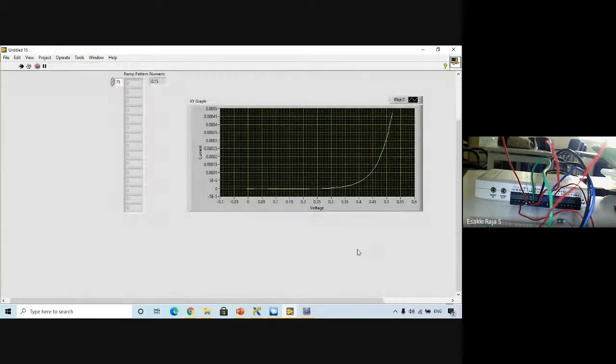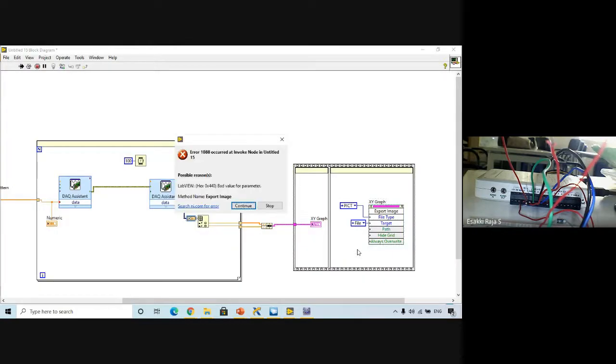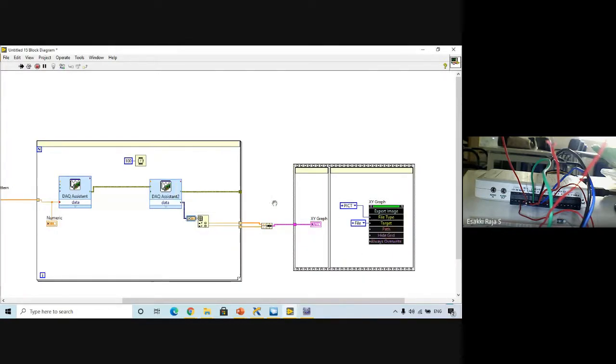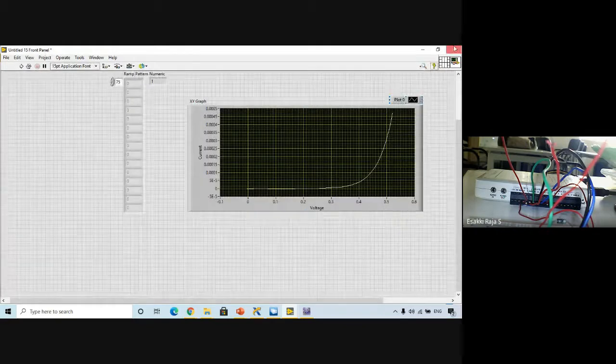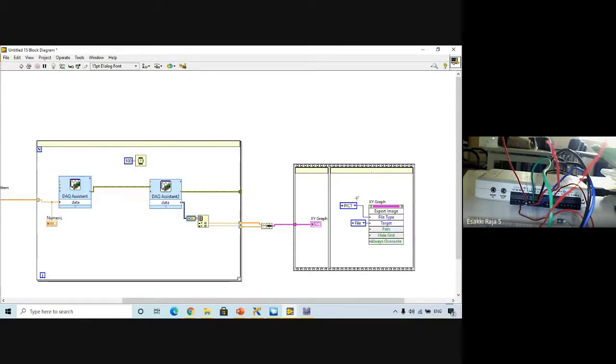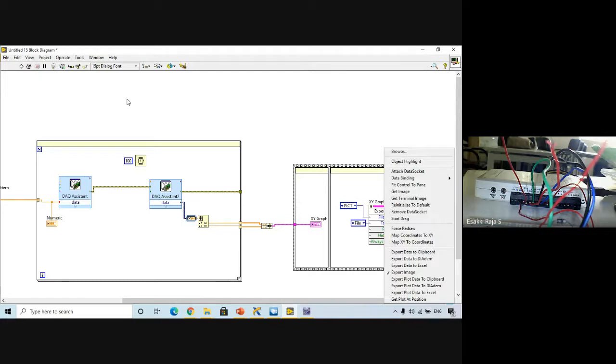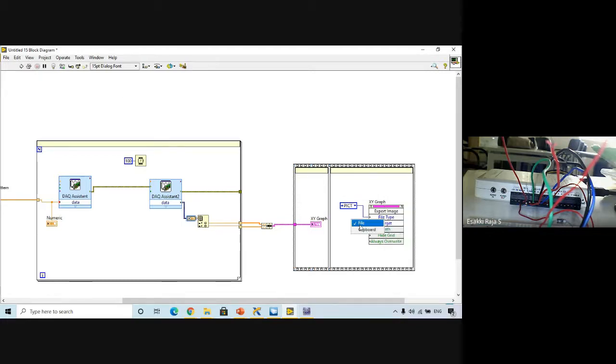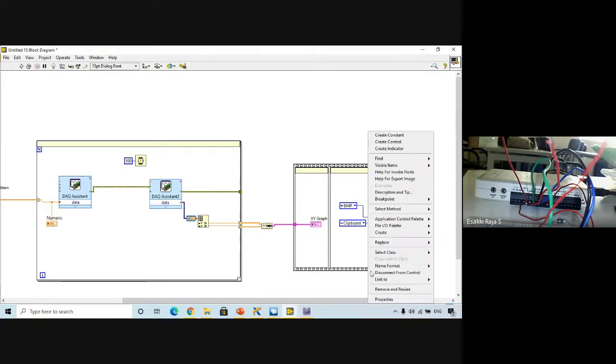So if you run, it will plot. Once it is plotted, one second. I don't know what the image problem is. I think there is some problem with exporting. I'll try to run this again, or I'll try with clipboard and BMP. Better I'll try to specify the path.